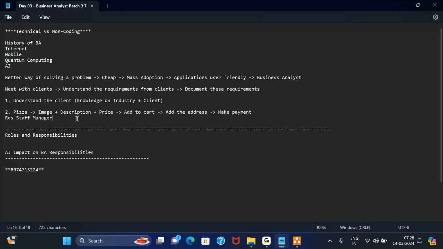Now, when we have this level of detail, that is when we start documenting requirements. Okay, and once our requirements are documented, we review it with the customer one final time. Did we write down what we have discussed so far? Now, these detailed requirements are what will help my programmers or developers start writing their code.